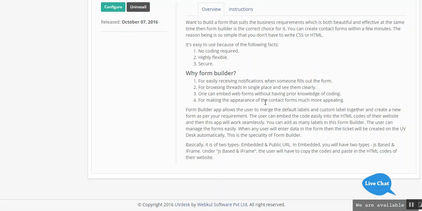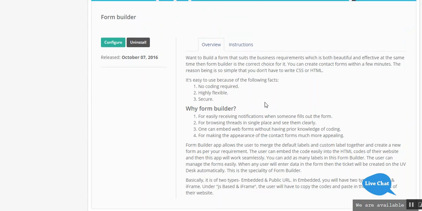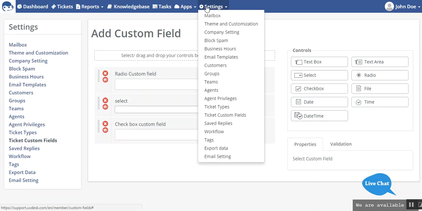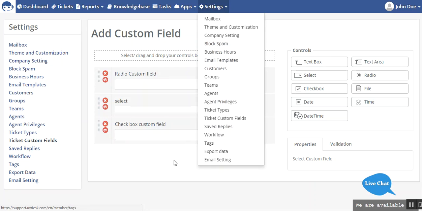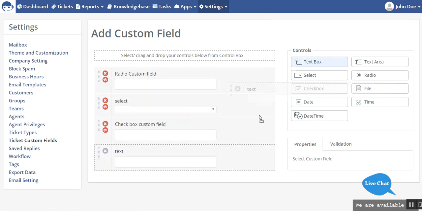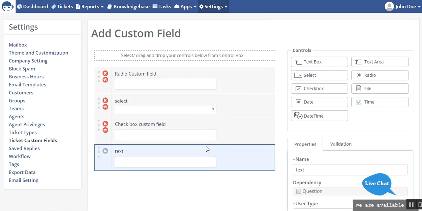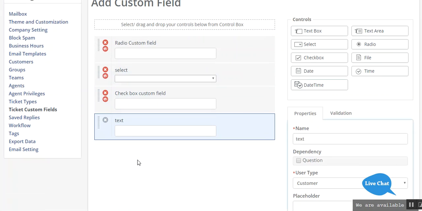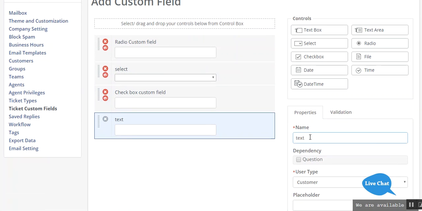So now let's see how you can create the form from this form builder app. Now you have to go to ticket custom field, and here you have to drag and drop the field. So I have added a custom radio field, the select one checkbox, and this is the text one. So what you can do, you can name it over here. For example, I will name it as